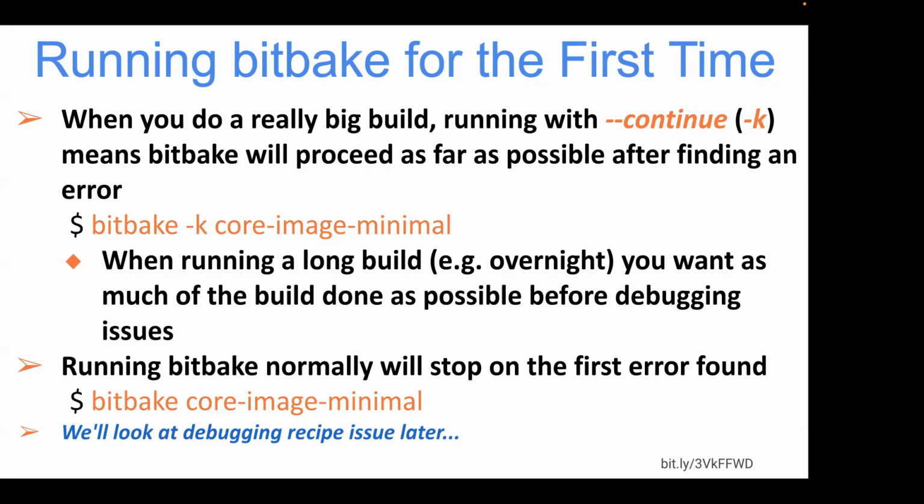Some people call it a Murphy problem, one where, of course, the worst possible thing will happen. A good example of this is, let's say you want to do a build overnight. Let's say you want to kick off a really long build and go home, such that when you come in the morning, it's finished. What can happen, and it certainly has happened to me before, is that you start the build, you go home, and what you realize the next morning is that, let's say you have a 3-hour build